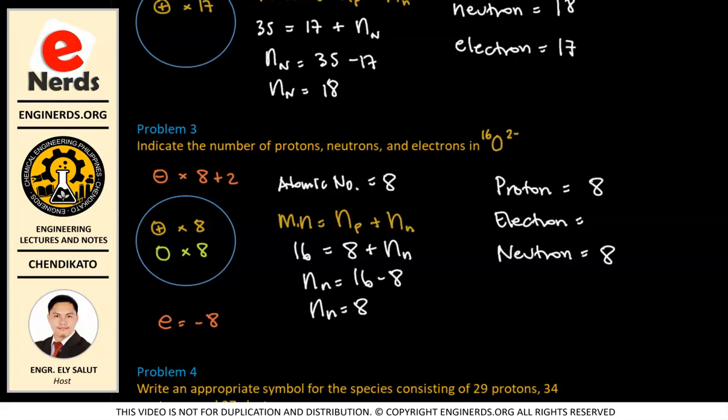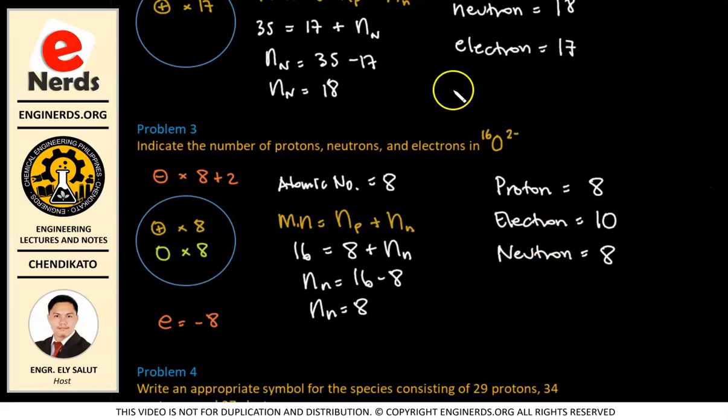Okay, so we will have a negative charge, because you will not be negatively charged if the number is less than 8. If this is 6, that means you have more protons than electrons, so it is positively charged. If you add 2 electrons, it will be more negative. So you have 8 plus 2, that means you have 10 electrons here, which is negatively charged.